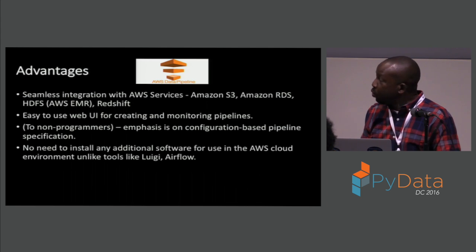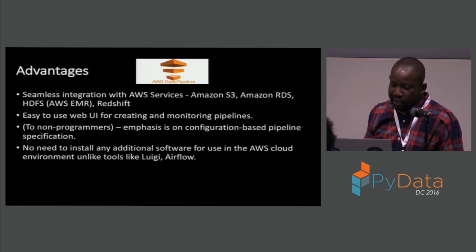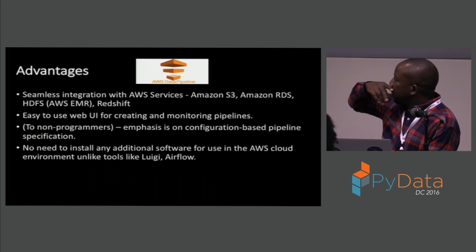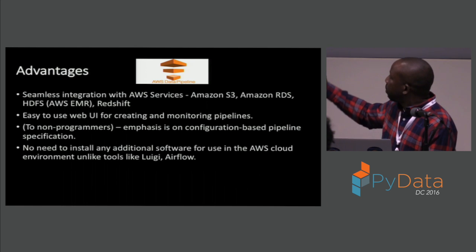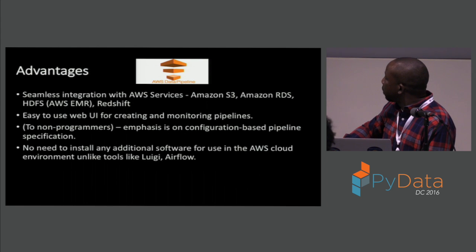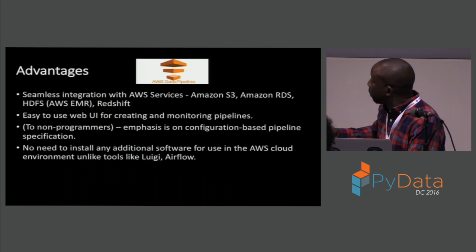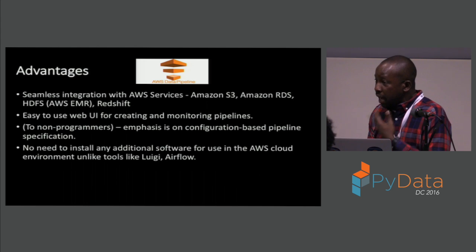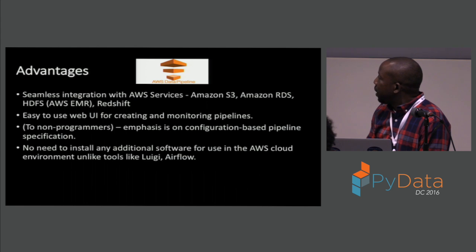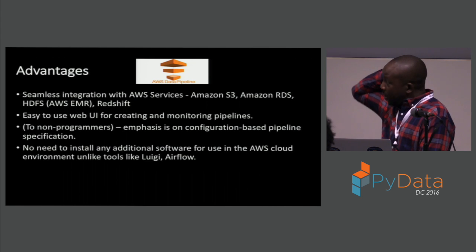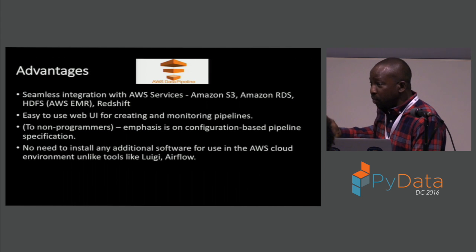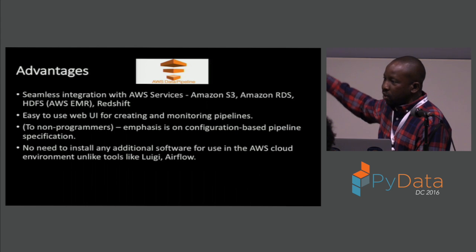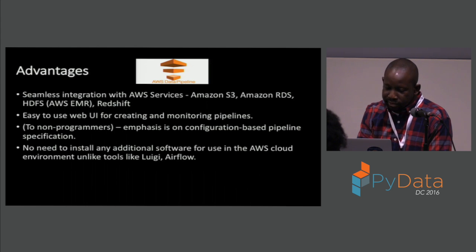So the advantage is, if you are sold on AWS completely, it's got seamless integration. You can use S3, RDS, HDFS. The web UI, if you like pointing and clicking, you can use that to create pipelines. The emphasis is on config files, so maybe non-programmers or people who like staring at JSON files might like that. And you don't really need to install additional software if you're in AWS. It's just available for you. But doing a pip install luigi, pip install airflow, to me is very simple. So I don't really,